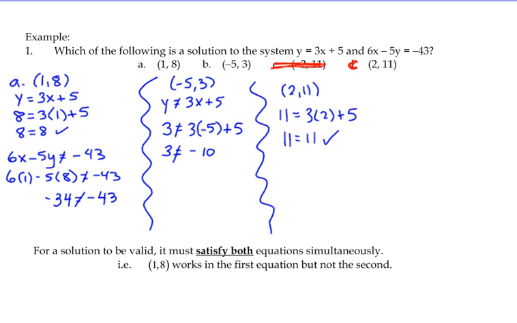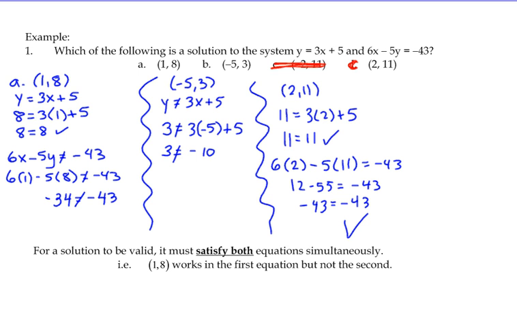Let's check if it's on the other line. 6x, so x is 2, minus 5 times 11 should equal negative 43. We have 12 minus 55. Is 12 minus 55 equal negative 43? Yes. So if it's a point on both lines, is it our solution, the intersection point? Yeah, so 2, 11 is the solution